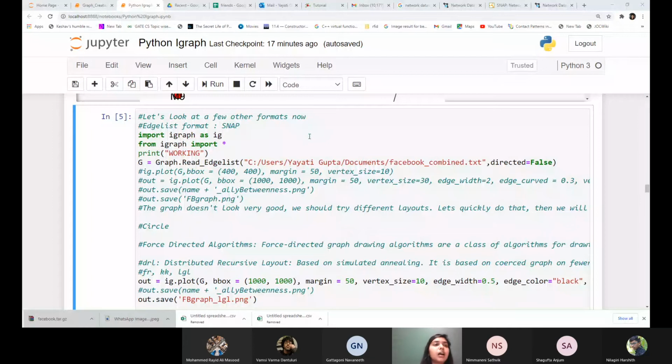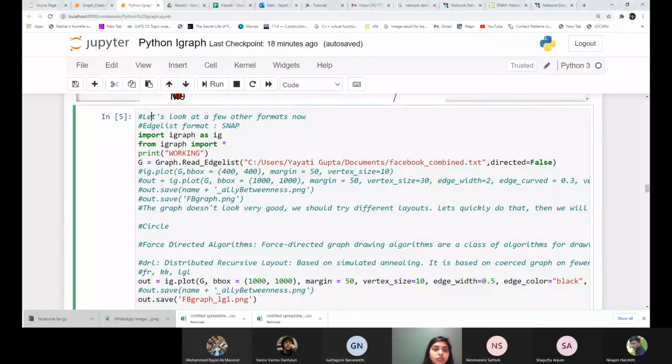So this is an edge list representation. Every line here has 2 vertices. So 0th vertex is connected to first one, second one, third one, so on and so forth. So there are a whole lot of edges in this graph. You can see here again this vertex 1009 is connected to the vertex 1573, so on and so forth.